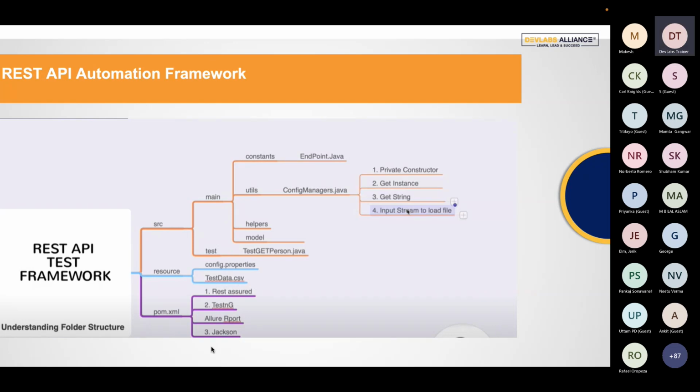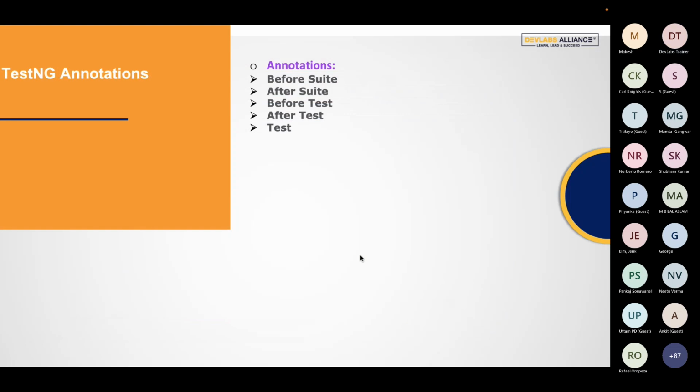And then obviously your test cases should be in separate files. All right, so this is what we have, a standard framework for API. As I told you guys, we're going to talk about the unit testing framework, which is TestNG as well. So obviously, we're going to use